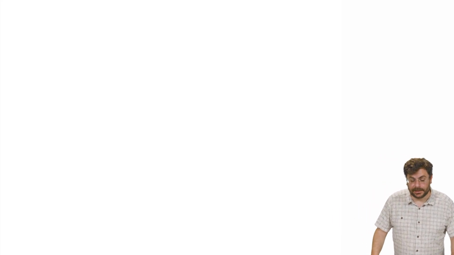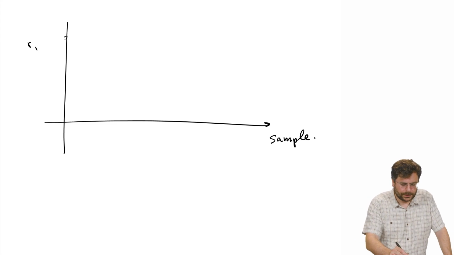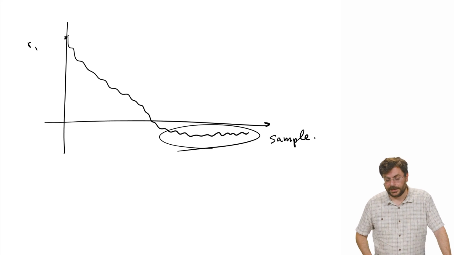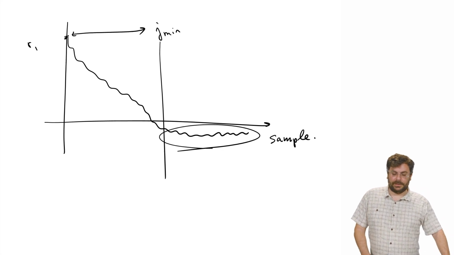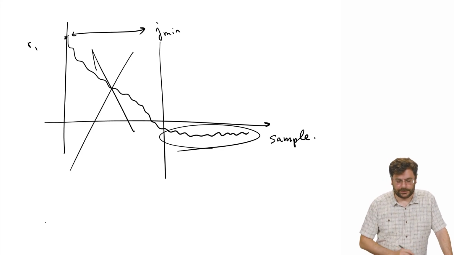Now that we've just talked about burn-in removal, what we next need to talk about is how to deal with autocorrelated samples. Just to be clear, in burn-in, we start from somewhere here, and eventually we may start drawing samples from our target, and this entire region from 0 to J-min, or 1 to J-min, depending on how you define your first sample, is the burn-in and is removed. But then there is another issue that we oftentimes have to deal with,